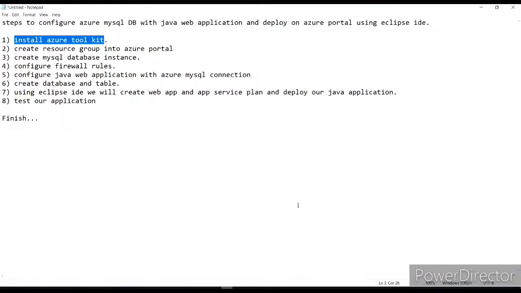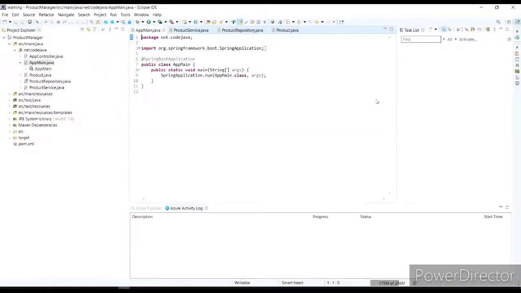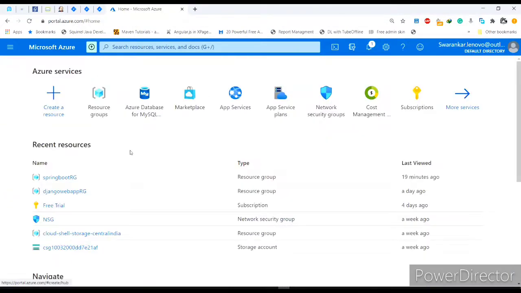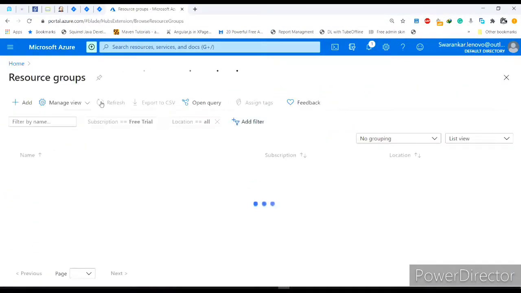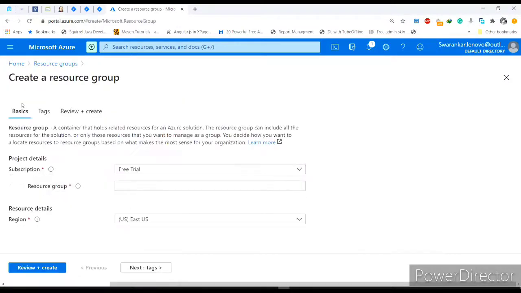Then we will create a resource group in our Azure portal. So I just go to the web browser, and on the home page I click on resource group and then create a new resource group.